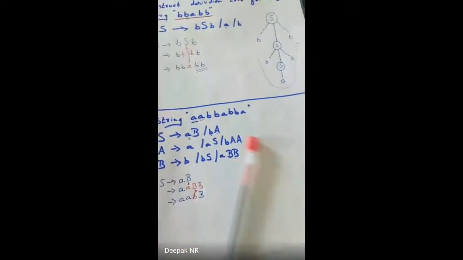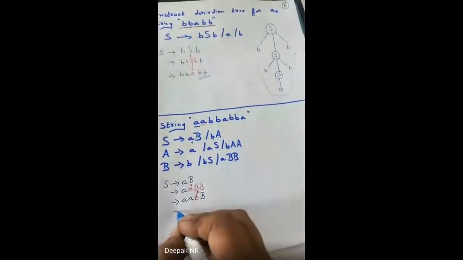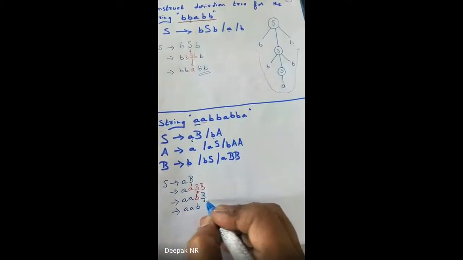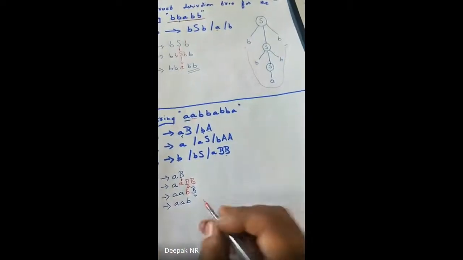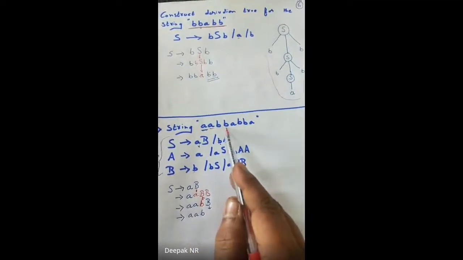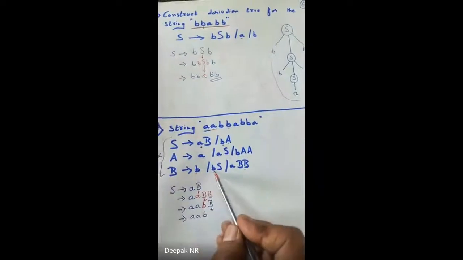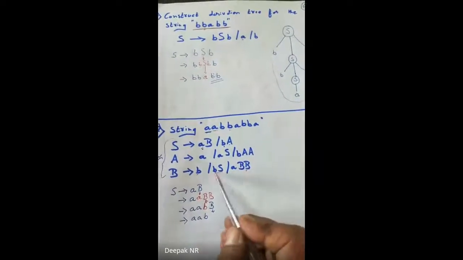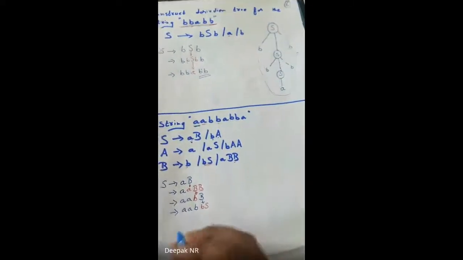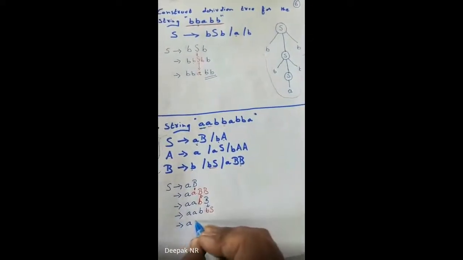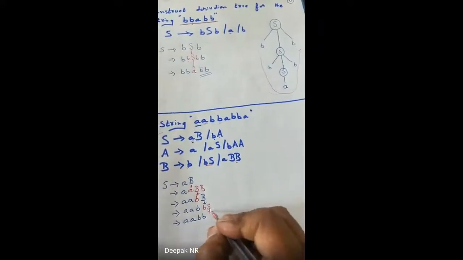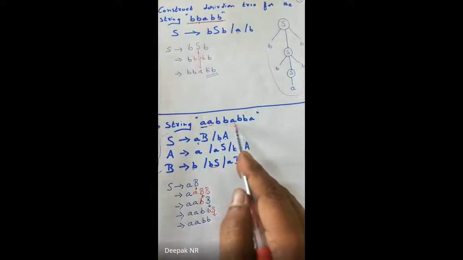Okay, next. Again, I'll iterate it. Now AB. For this B, I replace with either B, BS or ABB. I need one more bit as B, so either this or this I'll use. I need iteration, so I use BS. I use B and S. Clear? Okay, AABB. This S I will rewrite in such a way that my next character will be A.